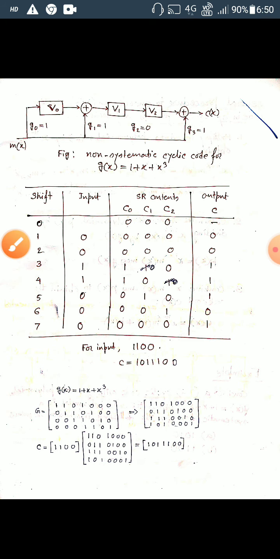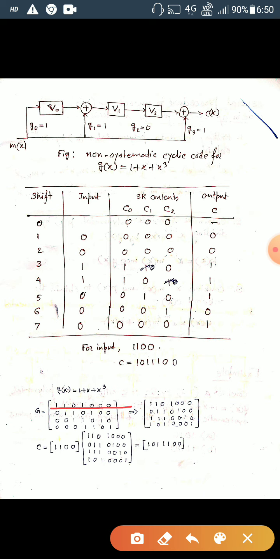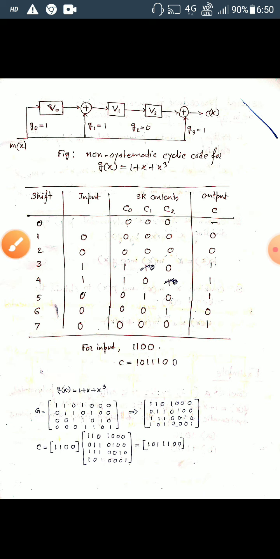So the first row you can write down from this expression. And then, due to the reason that this is a cyclic code, the generator polynomial will be shifted one after another. So here 0 will be for the LSB bit, and 0 will become the MSB position. Now the present value will become 0 1 1 0 1 0 0. Again you just rotate this one, that time the value will be 0 0 1 1 0 1 0. In this way you can get the